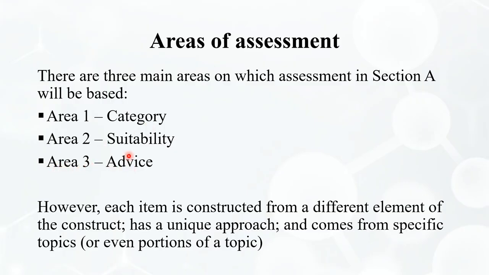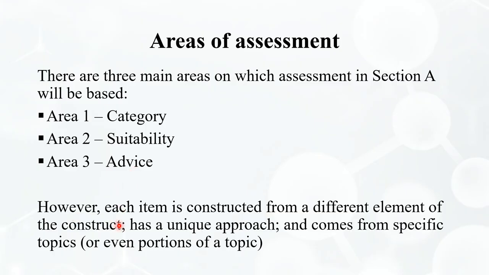Then area number 3 is advice. Now here on advice, we are looking at helping this person. If in the scenario we have a person who is confused about which category to consider, now advise this person on which one is the best among the 2 or the 3 that he is comparing. So in the advice, we expect to see someone giving advice based on the similarities, based on the impacts, based on the differences that they have on those categories.